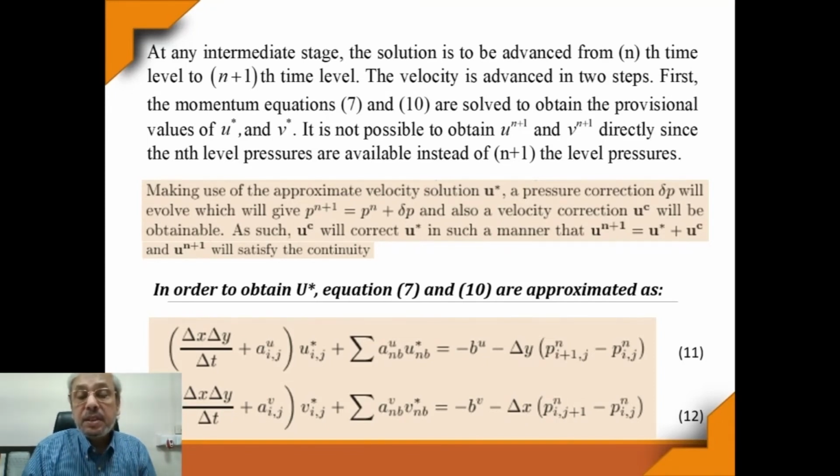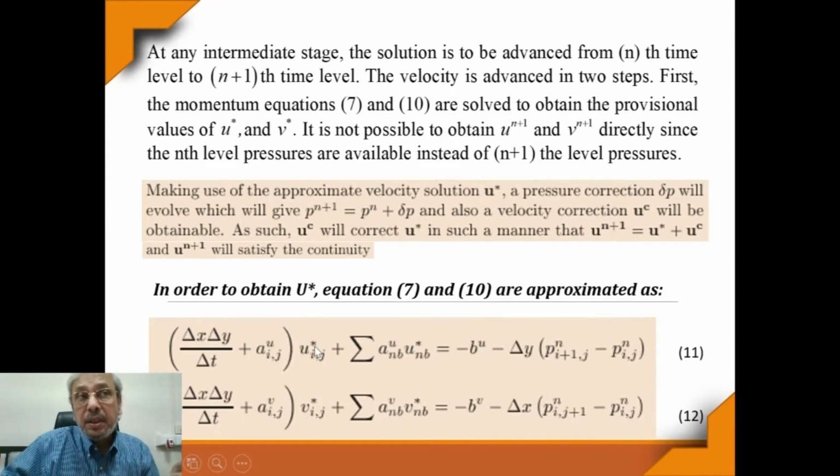So this advancement of velocities is a provisional advancement. So making use of the approximate velocity solution u star, a pressure correction delta P will evolve, which will give finally,